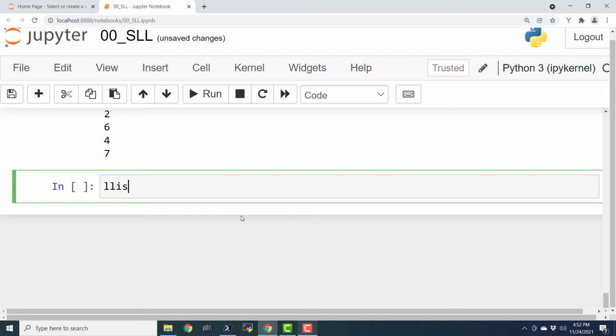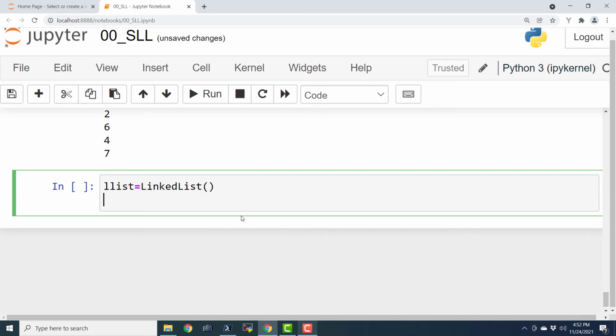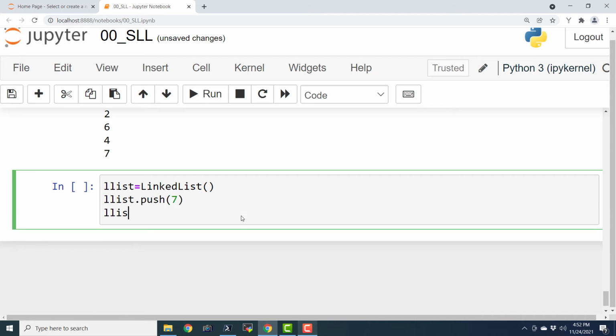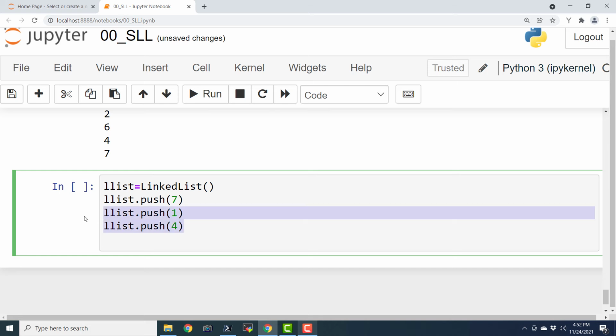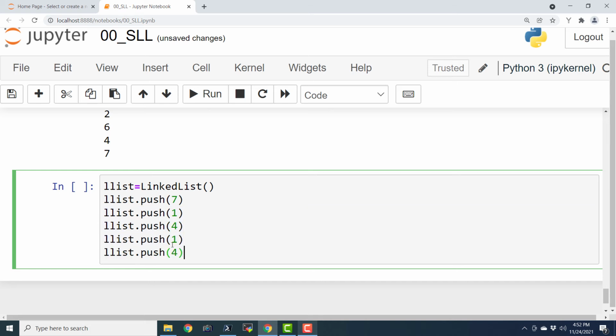So here a_list equals LinkedList, a_list.push(7), a_list.push(1), a_list.push(3) or 4. Again we will write a couple of push calls.